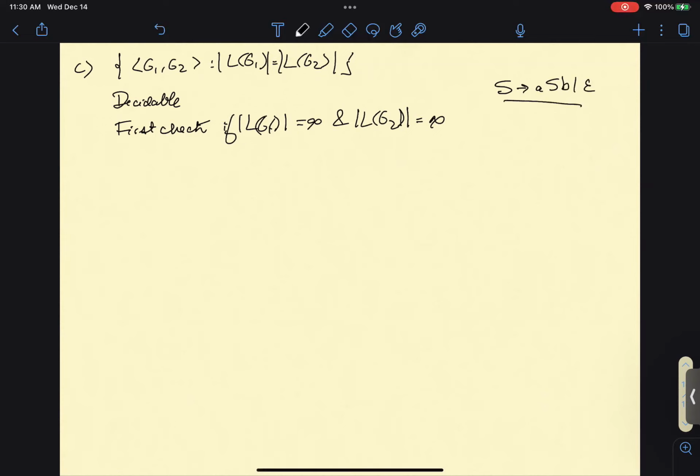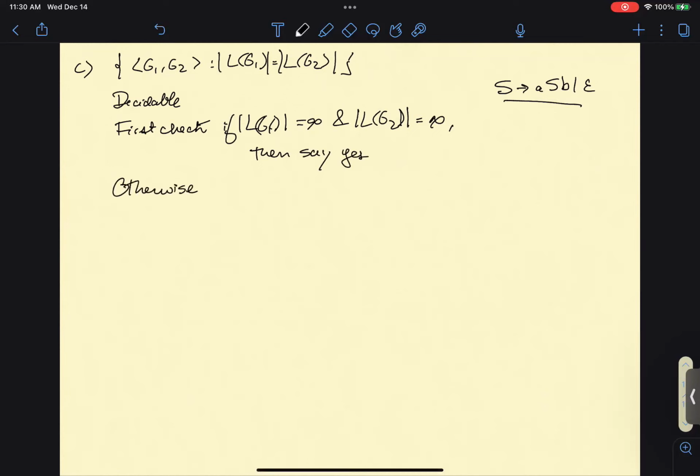This clearly gives you something that goes on forever, so you can generate an infinite number of strings like this. So you can check whether the languages generated by the grammars are infinite. And if they're both infinite, then you say yes. Otherwise,